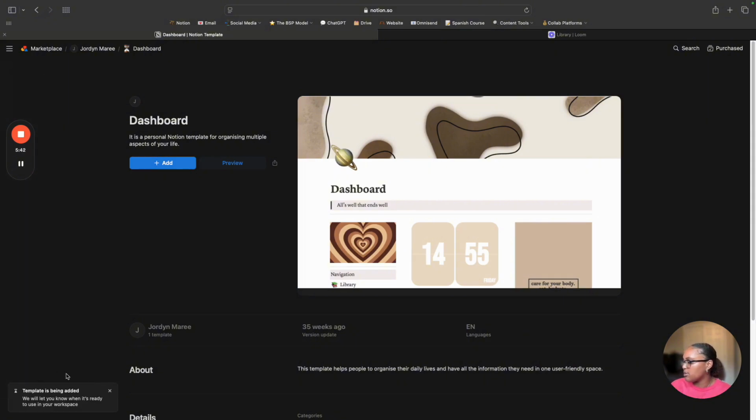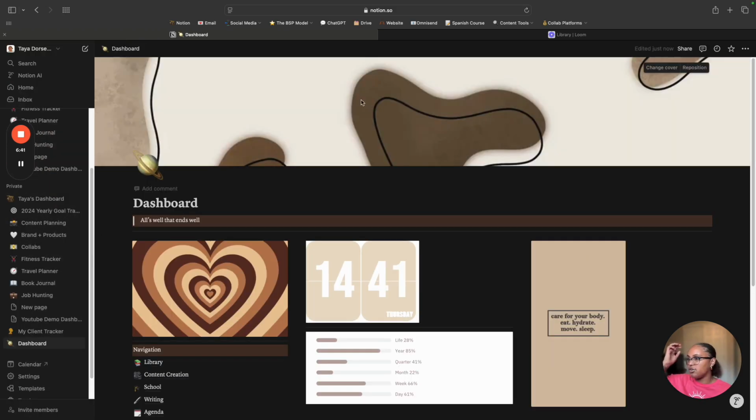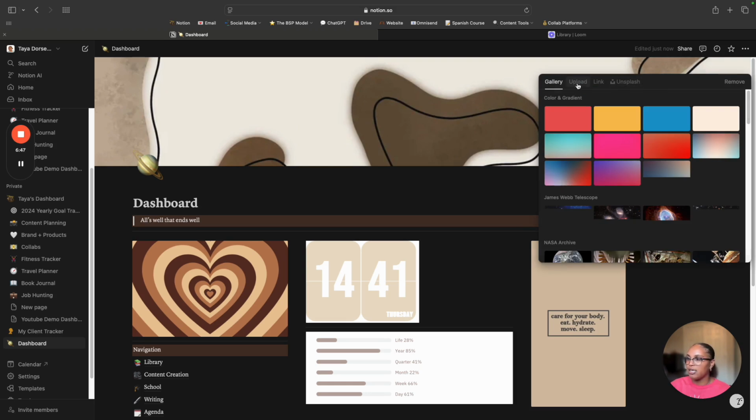So it says templates being added. We'll let you know when it's ready to use in your workspace. So now we wait. Template is ready. Dashboard has been added to your workspace. See template. Cute. As you can see, it has a little brown aesthetic, which honestly I like, but you could